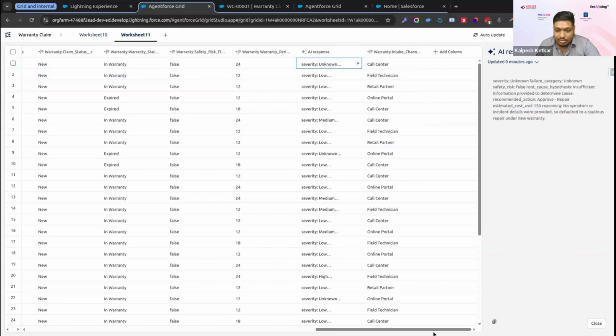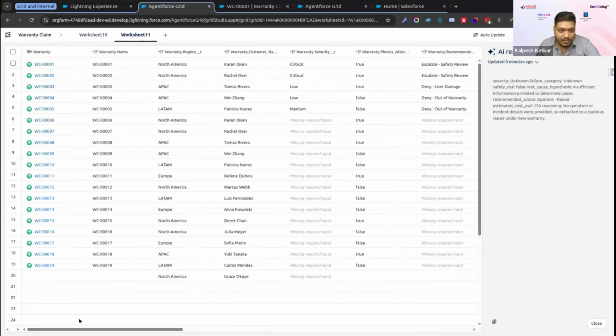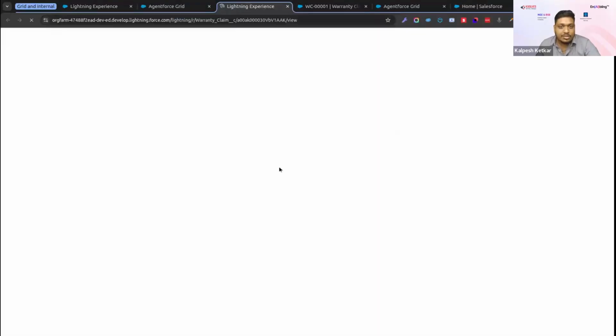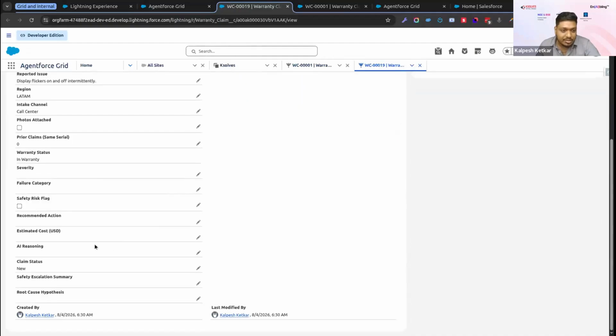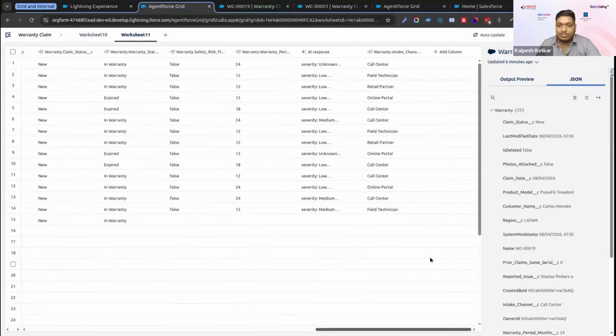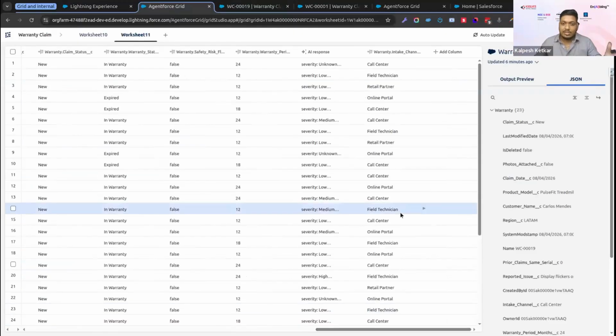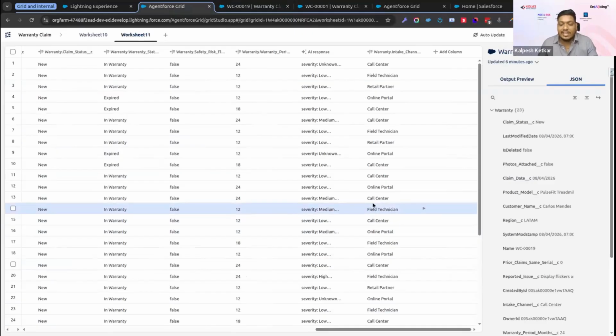Now, if I take you to any specific record from here, you can see some fields have a value, some fields don't. So let's say you don't have the recommended action, or you don't have the AI reasoning. Let's populate those values as well with the help of AI inside the grid. Whatever the number of records, because whenever we are updating any specific record with the help of AI,